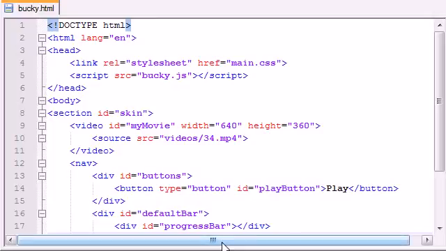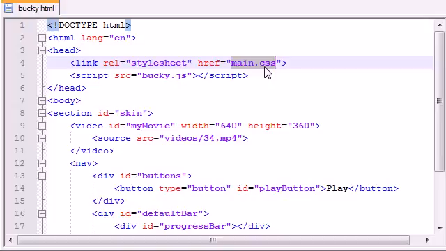Alright guys, welcome to your 29th HTML5 tutorial, and in this tutorial what we're going to be doing is styling through CSS the look of the video player. So we're not going to be making it work or anything like that, but we're going to be making it look awfully pretty. So the very first thing we need to do is, since we said okay, we're linking to